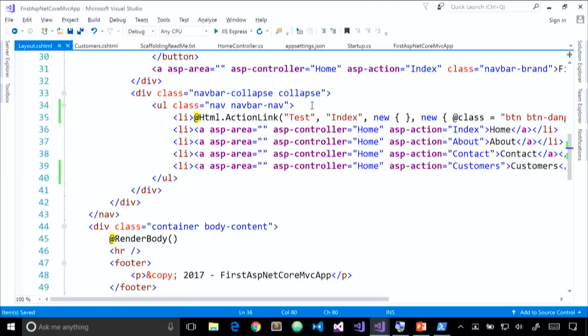Now with tag helpers, we're able to apply server-side code or decorate our elements with attributes, or even have custom elements that invoke server-side code to render markup in our views. So this asp-action, in concert with asp-controller, is being used to create the href attribute on the anchor element. But check this out, because these appear as attributes in markup, we can now just say class